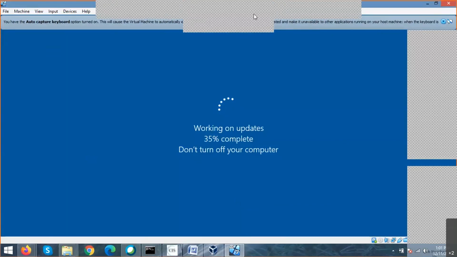VM started. Since I'm using a local machine, I mean a virtual machine, it might be a little bit slow as compared to the host machine.